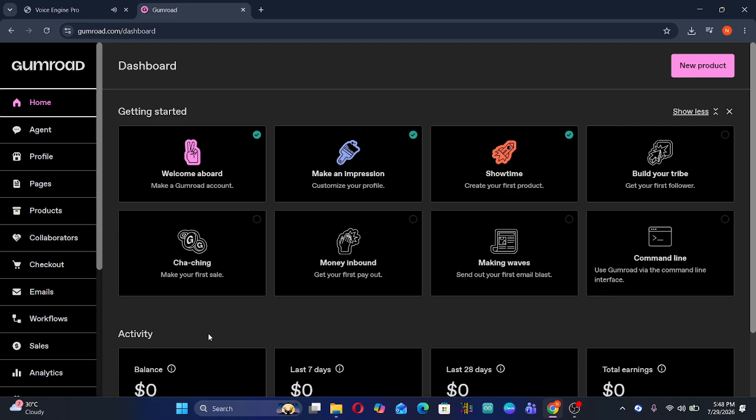Selling Notion templates can be a lucrative way to share your creativity and help others get organized. Gumroad is a fantastic platform for this, so let's get started step by step. First things first, you need to access Gumroad, so go ahead and open your browser and type in gumroad.com. If you already have an account, simply log in. If not, you'll want to create an account, but for our purposes today, I'm going to assume you're all set